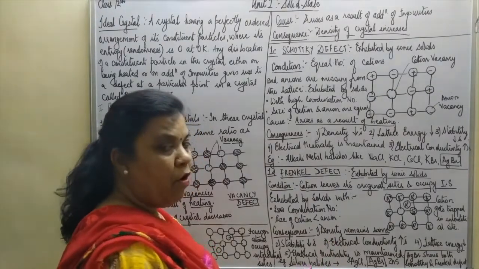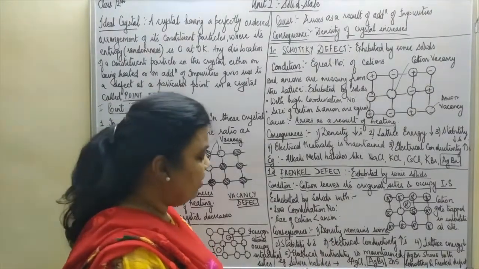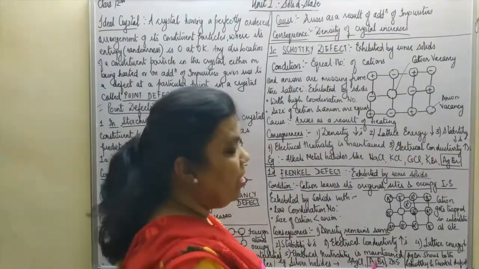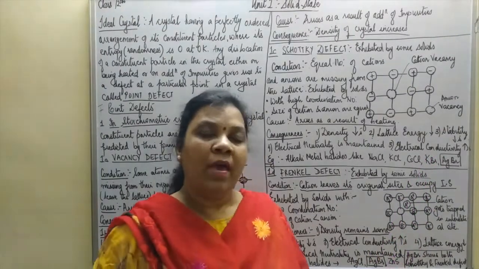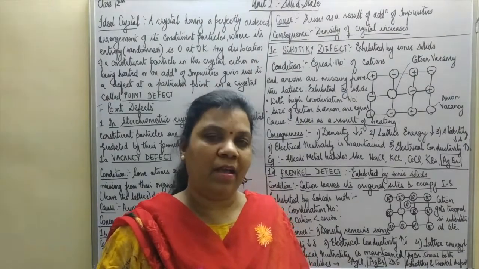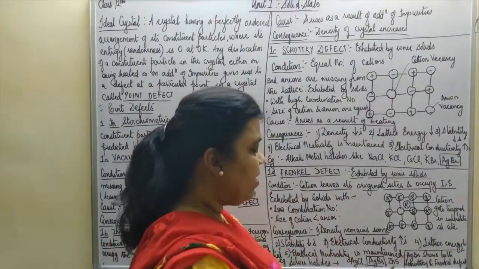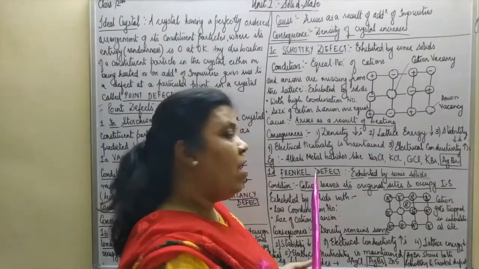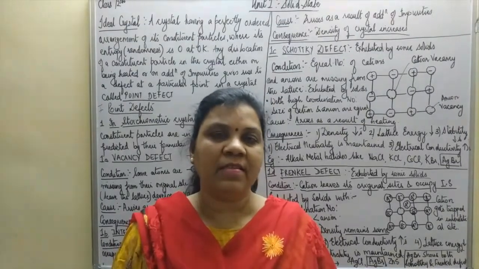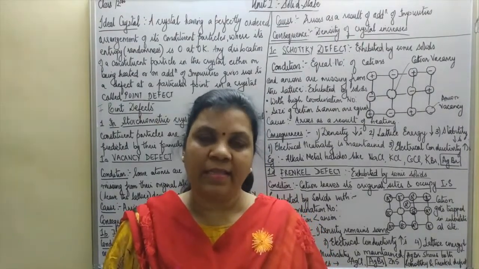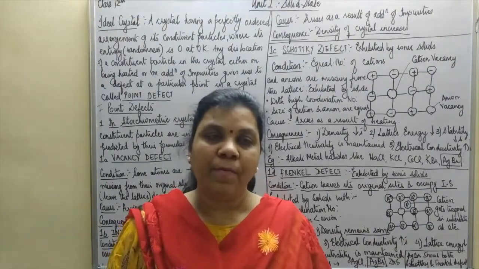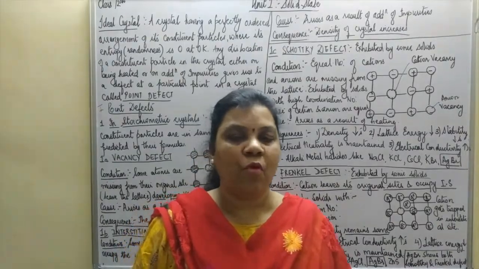Examples of solids which exhibit this type of defect are silver halides like AgCl, AgBr, etc. Remember, AgBr, which we discussed earlier, is a crystal which shows not only the Schottky but also the Frenkel defect. Apart from that, ZnS also exhibits this defect. So this is all about the point defects in stoichiometric solids, which we discussed are of four different categories: vacancy, interstitial, Schottky and Frenkel. And now we will proceed towards the next type of point defect.